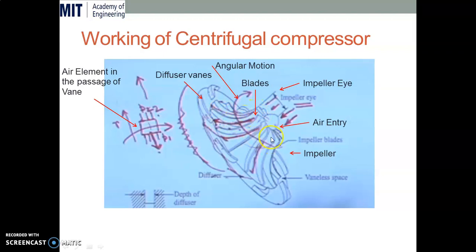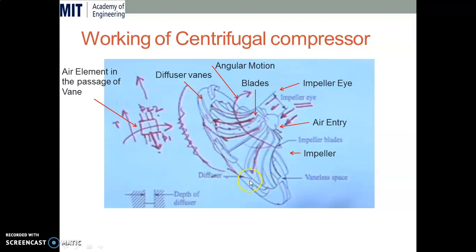Then the air gets inside the passage of the impeller, and we can see that at the entry of the impeller the area is quite small, and then the area increases as the air passes from the inlet to the outlet of the impeller. This is the inlet of the impeller blade and this is the outlet. Simultaneously the impeller is also rotating. After coming out of the impeller, having taken the energy from it, the air is transferred to the diffuser rings, and we can see there is a sudden increase in area.